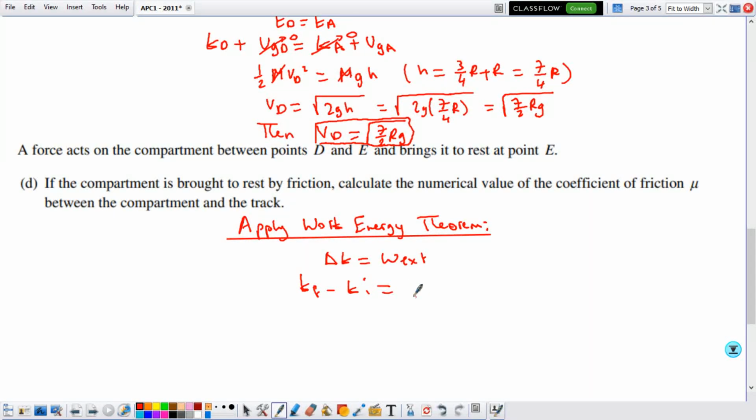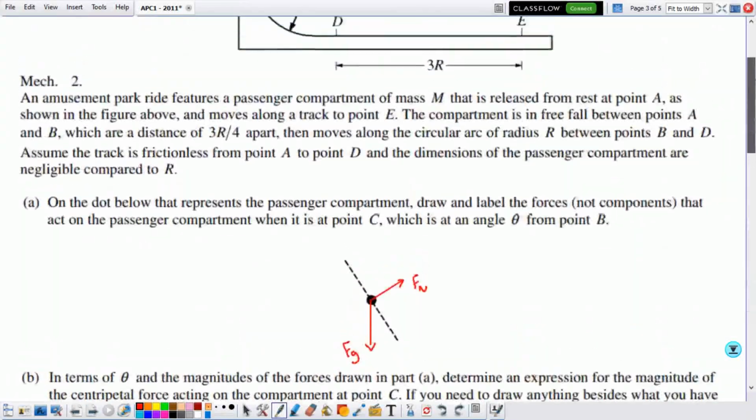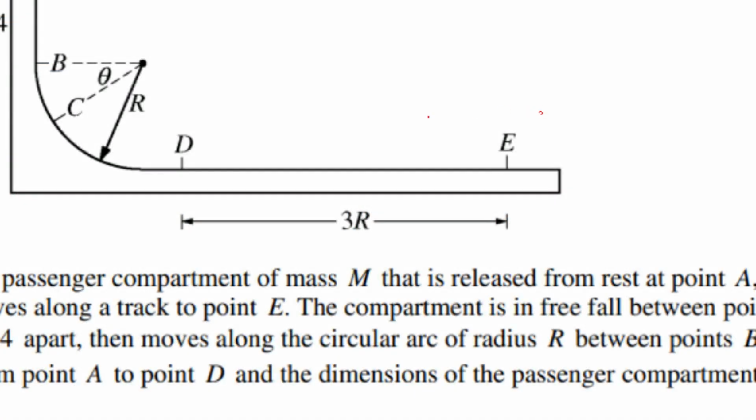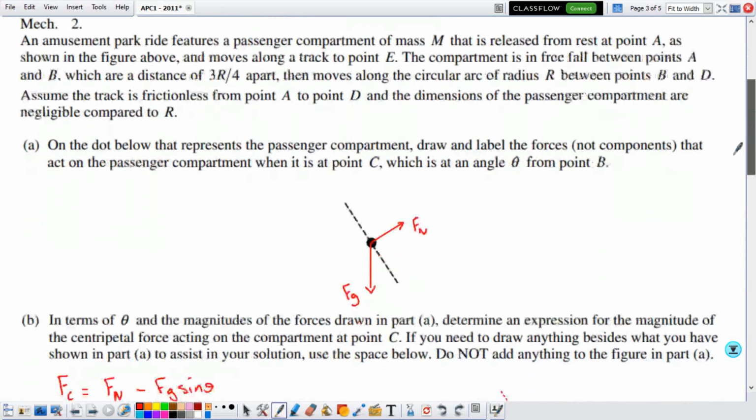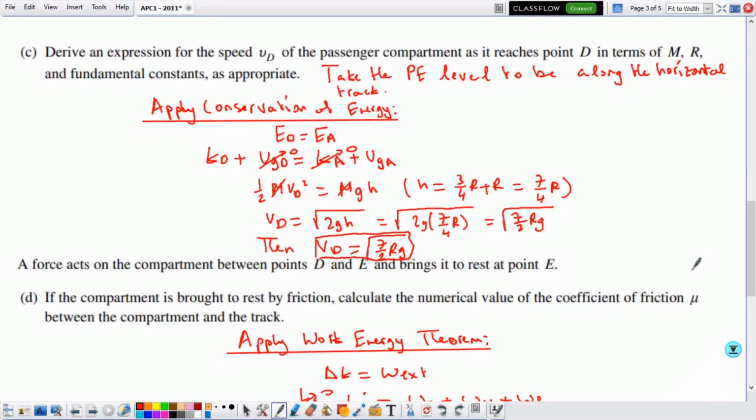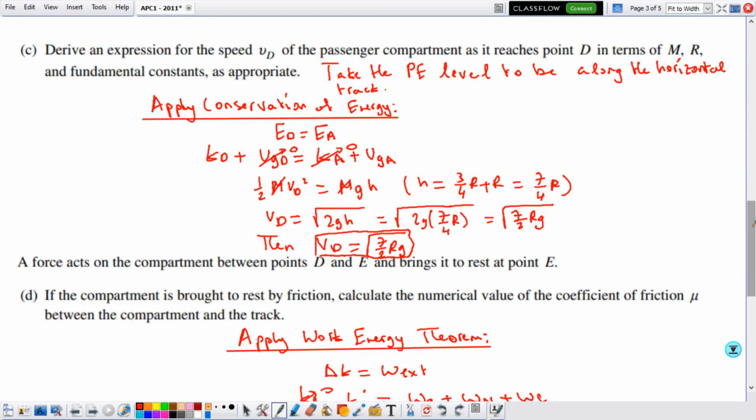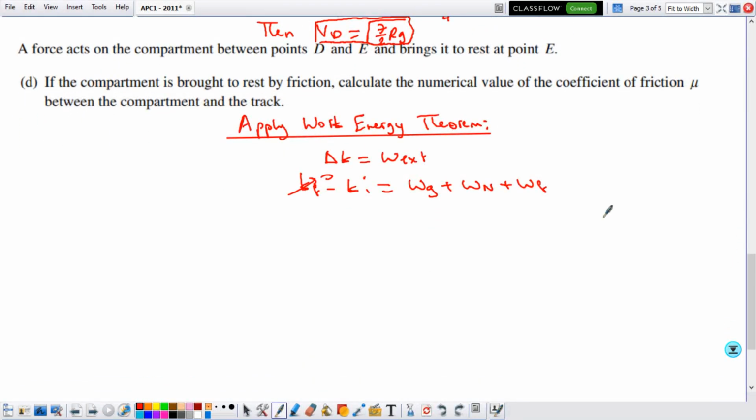So let me state them explicitly: the work done by gravity plus the normal push plus the friction would be equal to the change in kinetic energy. The final kinetic energy is 0 because at point E we would be at rest, and the kinetic energy at point D would be due to the speed at point D, which has been determined in part C. So that would be minus half m vD squared equals, this is 0 and that's 0,